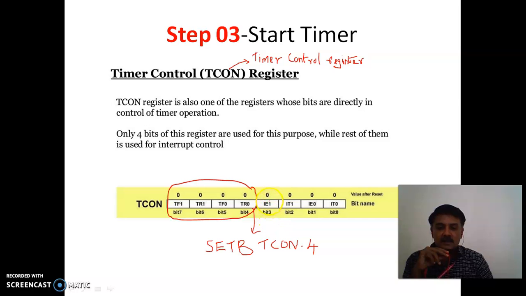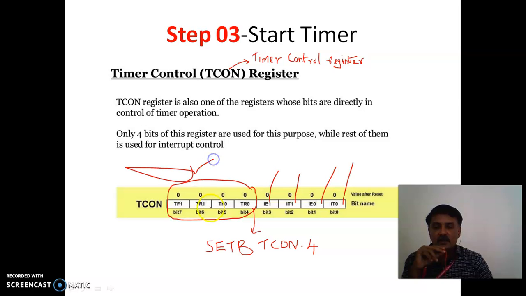As you can see, this is interrupt enable and then interrupt, for the corresponding timer 0 and 1. So this is the area of interest. We have to set the value, since we are dealing with timer 0.